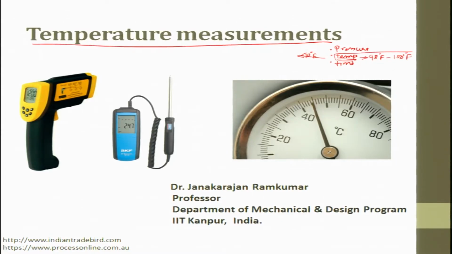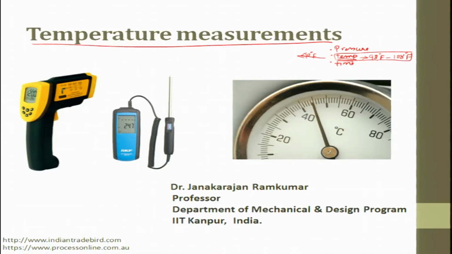The temperature which is on this side, 98 to 108 measurement, is very much available everywhere. Here you can have contact type, you can have non-contact type. When you talk about contact type measurement, you try to keep a thermometer, then you can also have a thermal paint which we keep on the forehead and measure. But we currently do not have a technology to measure a temperature anything less than 98 to 90 and measure